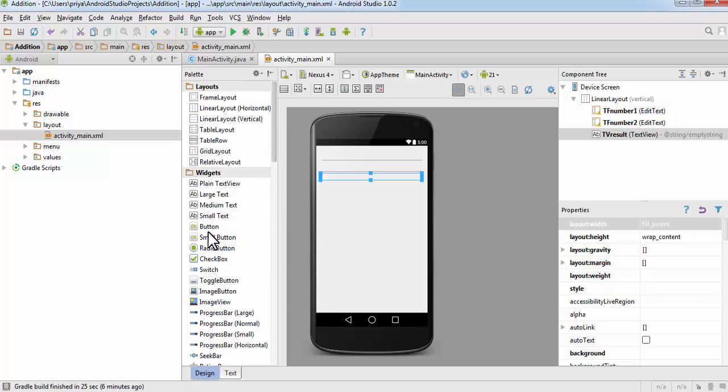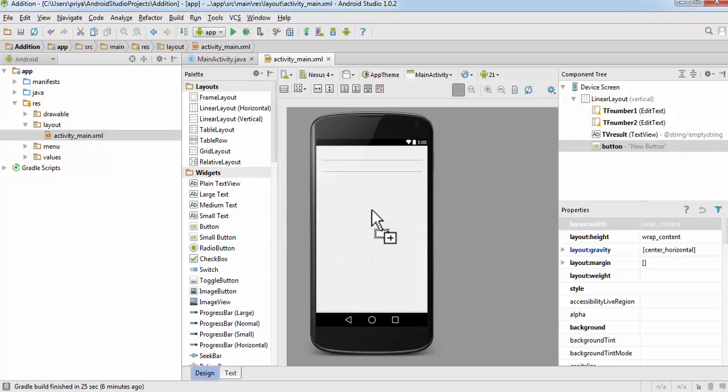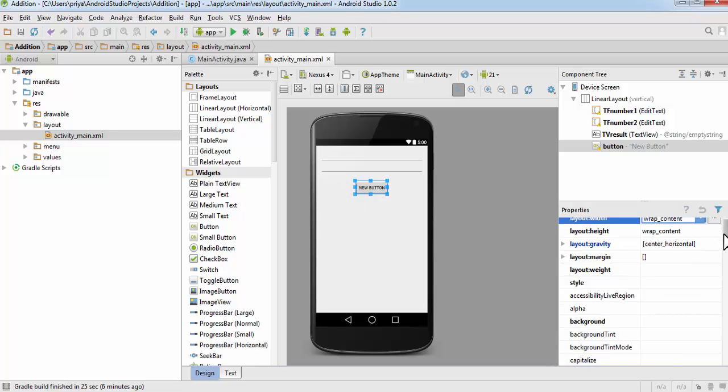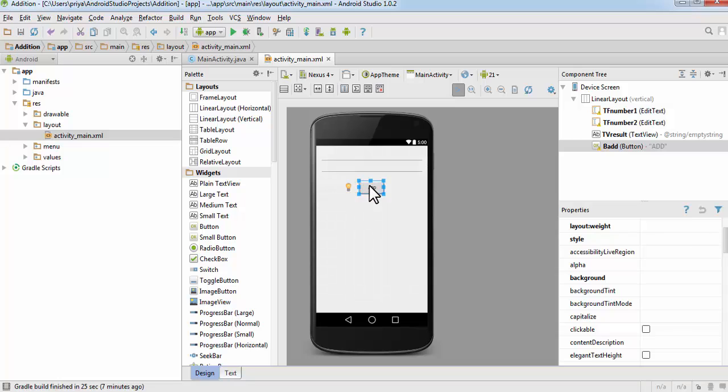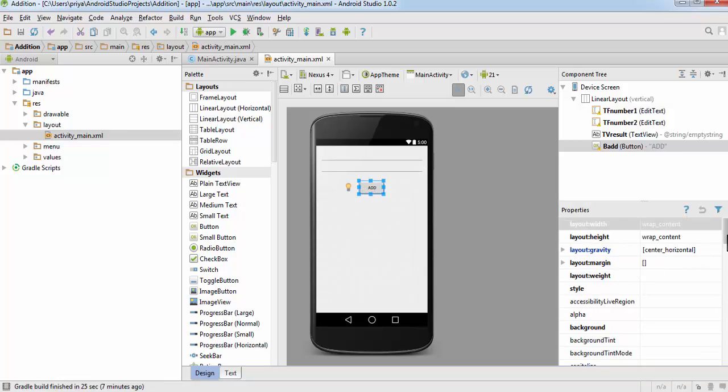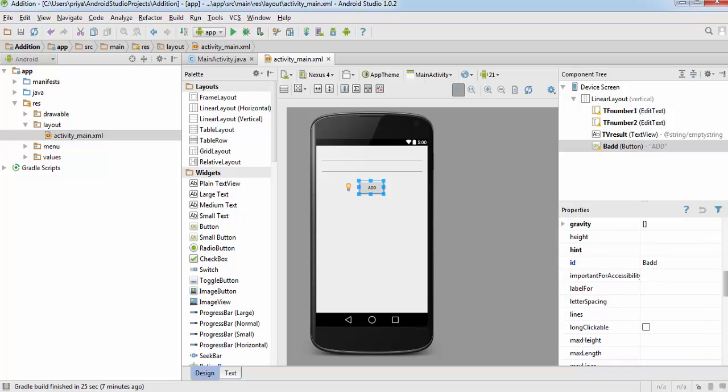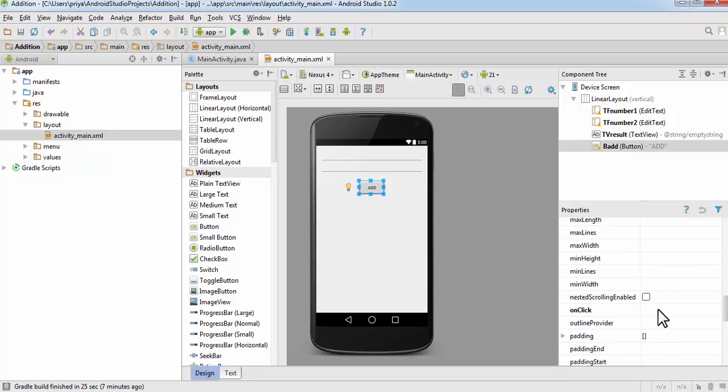Now we'll need one button. So select one button and double click on it, change the value, add, and button ID B add, and after that select the button and search for the on click property here and change the value here.